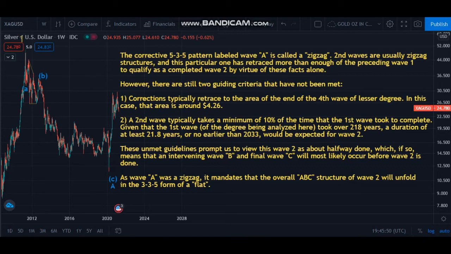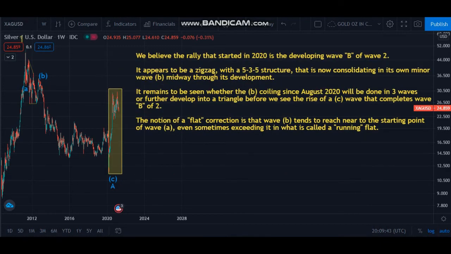As wave A was a zigzag, it mandates that the overall ABC structure of wave 2 will unfold in the 3-3-5 form of a flat. We believe the rally that started in 2020 is the developing wave B of wave 2. It appears to be a zigzag with a 5-3-5 structure that is now consolidating in its own minor wave B